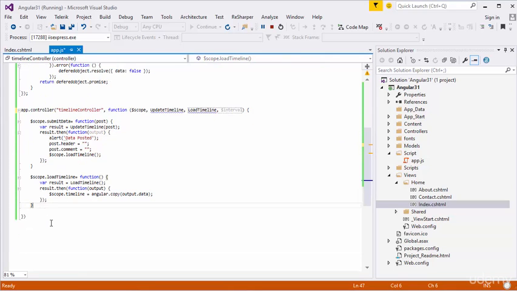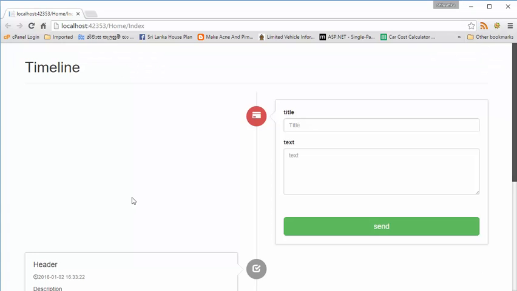For that I'm going to call this load timeline function using interval and scope.loadTimeline, call within every 30 seconds. Actually 30 seconds is 30,000 milliseconds, right? We will refresh the page,